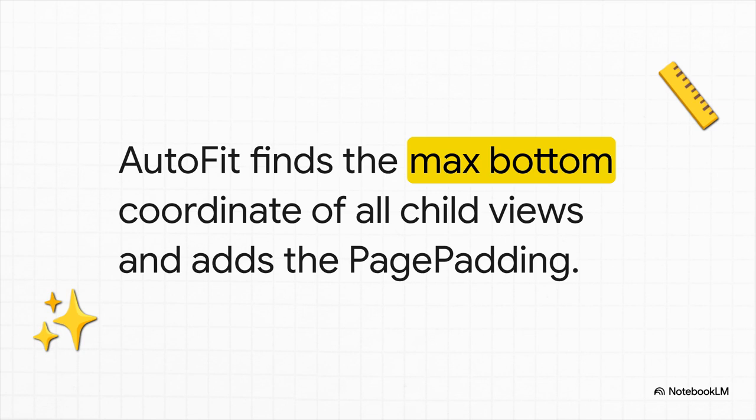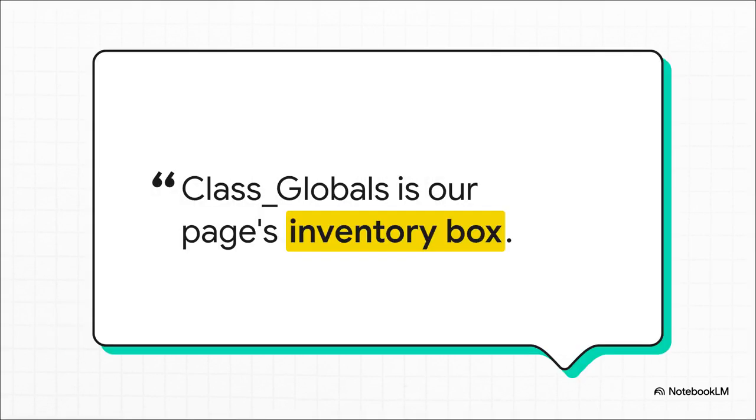Once it finds that maximum bottom value, it just tacks on your designer page padding for some breathing room and updates the ScrollView's height to match it perfectly. It is flawless automation. Now, to make sure all of this survives a screen rotation, the layout makes clever use